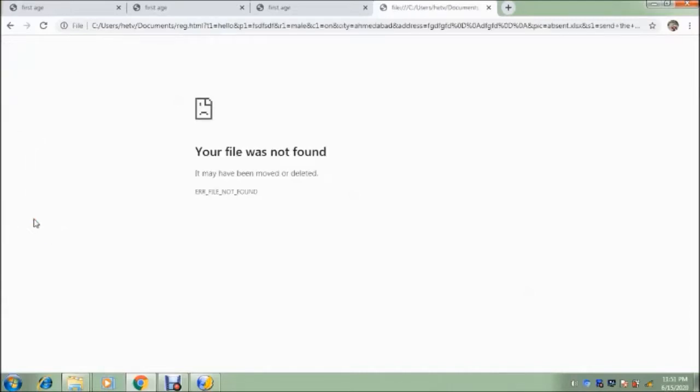Okay, you can see in this address bar, after the register.html, here T1 is equal to hello, P1 is equal to FDFD, R1 is equal to male. Here whatever data I had entered, it has collected the data and sent it to the server, and it is visible in the address bar.